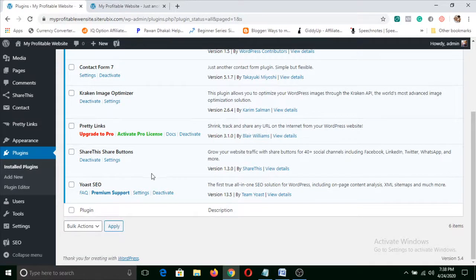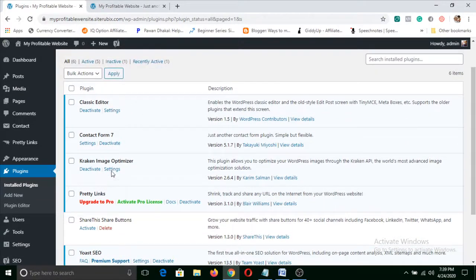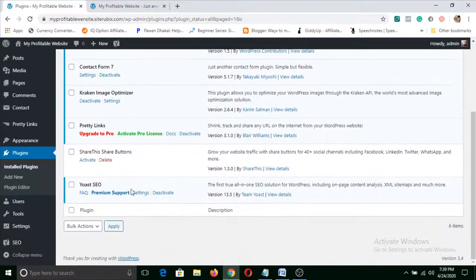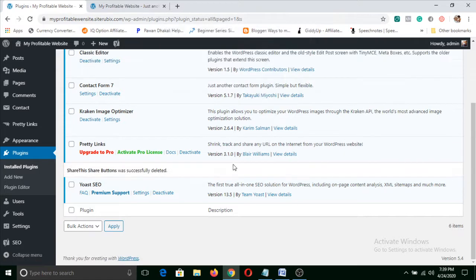So for example, let's say I will delete this. I'll firstly deactivate it. This is how you will delete it. Again I am showing you to give you a crystal clear understanding. You can see I have deactivated it and now I will click on delete and that plugin will be gone.